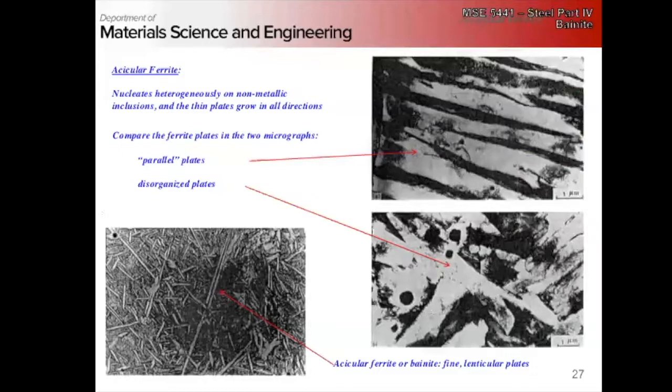disorganized plates. So here we have bainite forming nice and regular. The subunits are fairly parallel. Acicular ferrite, they're just pointing any which way. I like the term acicular bainite because it's more descriptive of what it actually is, rather than acicular ferrite, because it mimics bainite